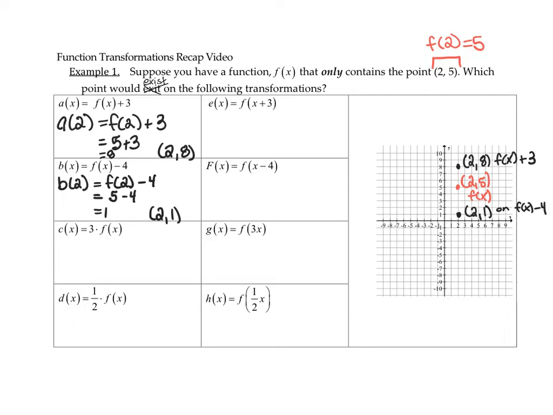Okay, now we have c of x is 3 times f of x. Again, no change to the x value. So the only x value I can plug in is 2, because that's the only value this function has. So I have 3 times f of 2, or 3 times 5, which is 15. So I'll have the ordered pair (2, 15). I don't actually have enough room to do that. So right here, (2, 15). Now I don't want to think of that as a shift up, I want to think of that as a